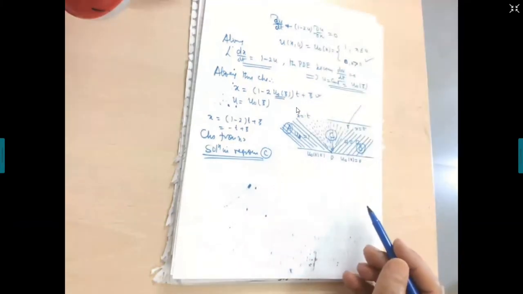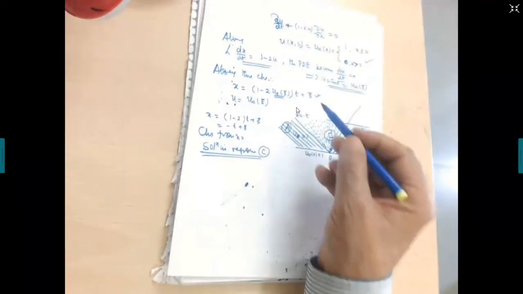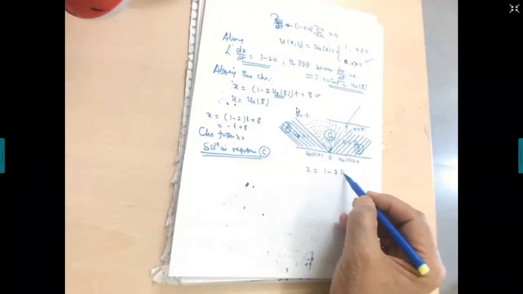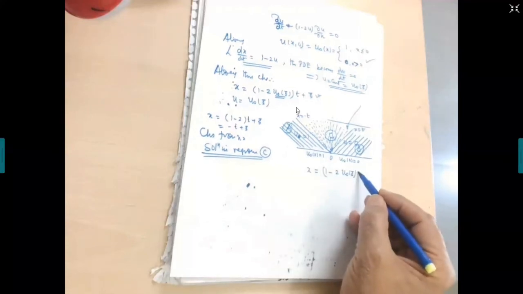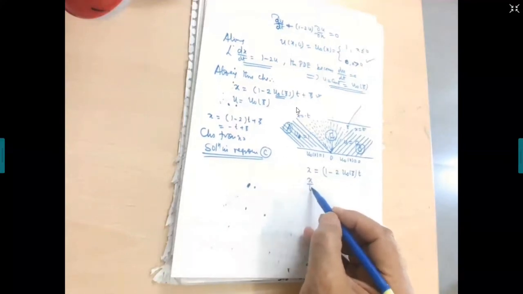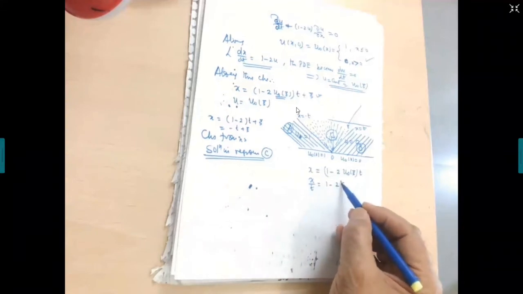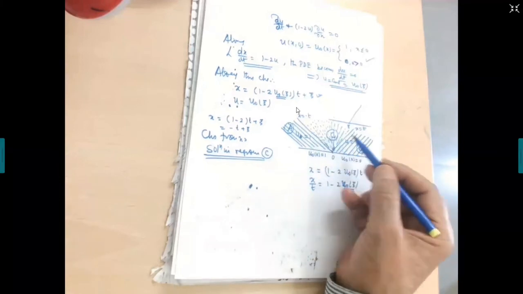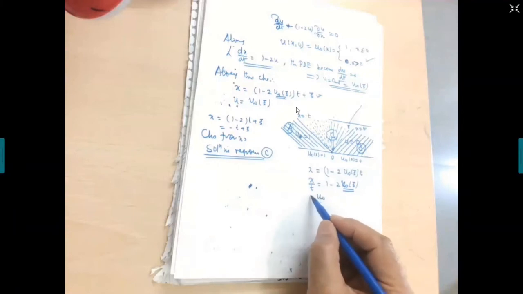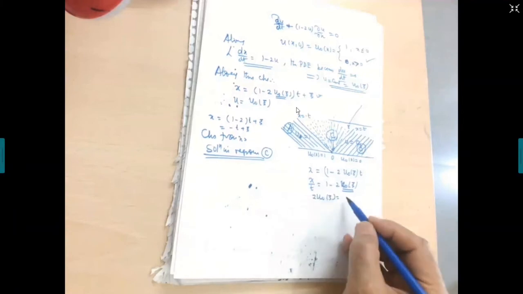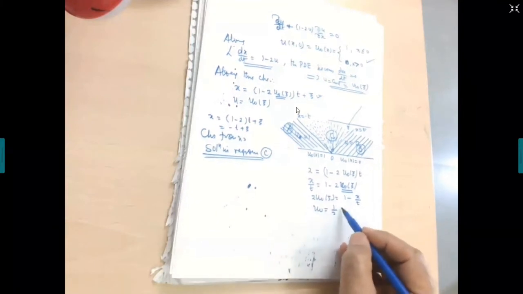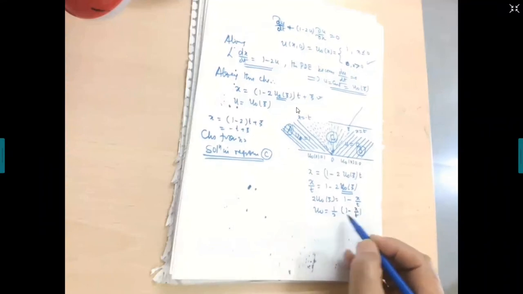So what is the methodology? We should talk about it. Look here, take xi at 0, so xi is 0. So it is 1 minus 2 times u naught of xi into t. So x upon t is equal to 1 minus 2u naught of xi, which takes all the values between 1 and 0. So 2 u naught of xi is equal to 1 minus x upon t, or u naught is equal to half of 1 minus x by t. This is the solution.